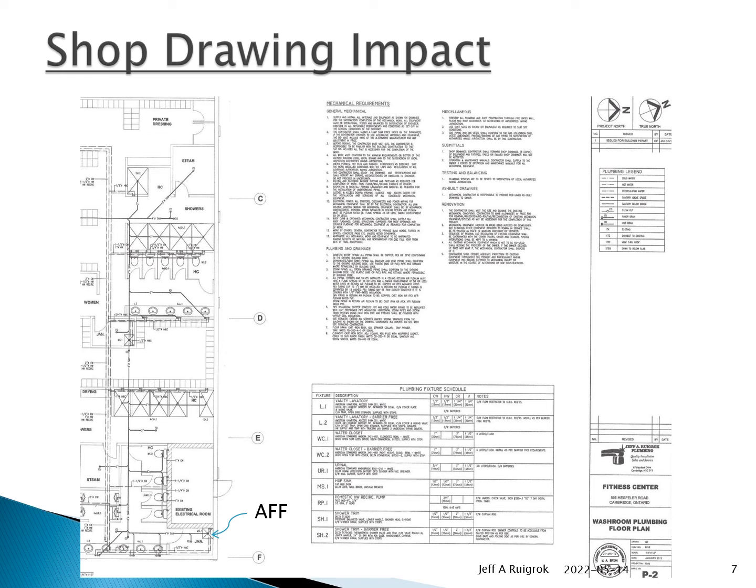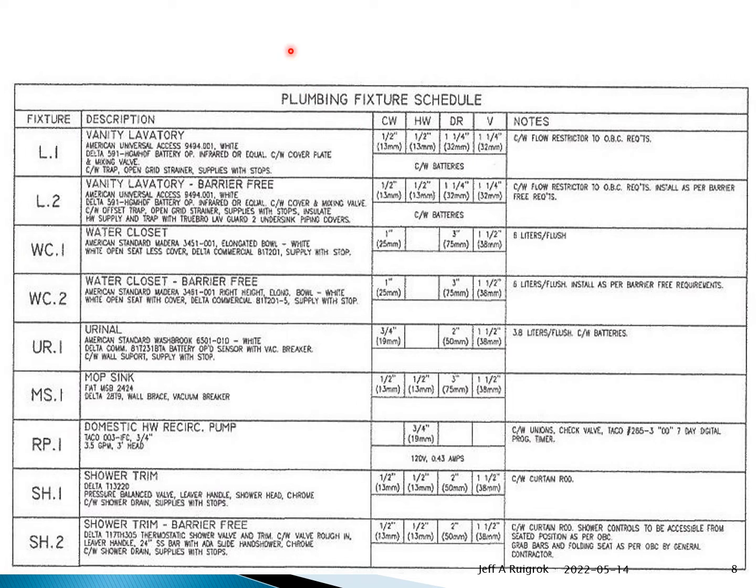Anyways, let's break her down a little bit. Here's the plumbing schedule. L1 is just a lavatory basin, and then L2 is the barrier-free lavatory basin. Cold water, hot water, drain, and vent have all been provided. As many of you know now, we don't often use the 1 1/4 minimums. We often upsize a little bit, but Gabor put in the minimums here, and he even put it in metric,